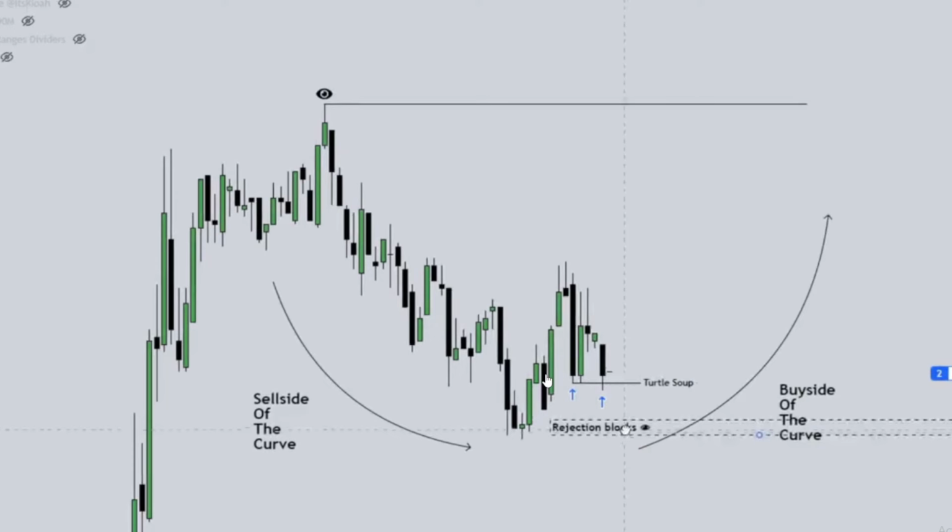Just think about this logically, right? The draw is obvious higher, order flow is bullish, so we should be looking for longs, right? Would it make sense for price to take out this low? No, right? We already tapped into the PDA. There's no other PDA here to tap into besides this rejection block, or sweep this low, right? It wouldn't logically make sense to go below this, okay? So